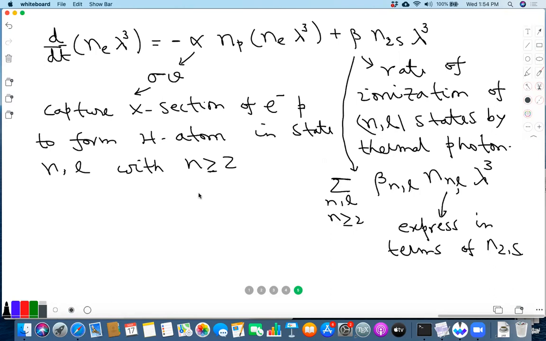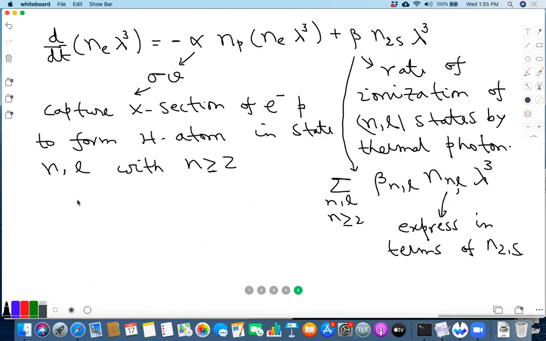Here we should be writing the ground state of hydrogen also, right? Okay, we'll see why we are not writing it. Both of these have reasons. Here you are not writing it because of one reason, and here you are not writing it because of another reason. But we'll now argue that in none of these cases should we include the n equal to 1 states. So let's try to explain that.